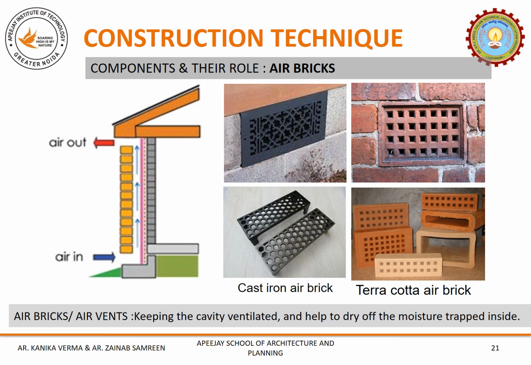There is a suggested placement which says that they have to be kept at the lowest and highest edge of the cavity wall. However, one must place them as per the design of the wall and the configuration suggested by the designer. You can see there are two types of air brick shown in the slide. First is the cast iron brick, second is the terracotta type of air brick. The two can have variants available in market, design wise, shape and size wise, but they have to be understood in terms of application and economical attributes.